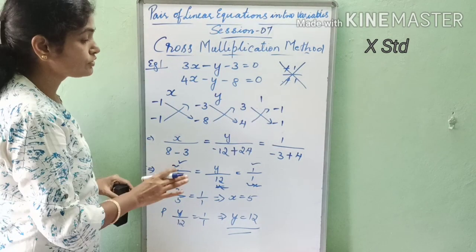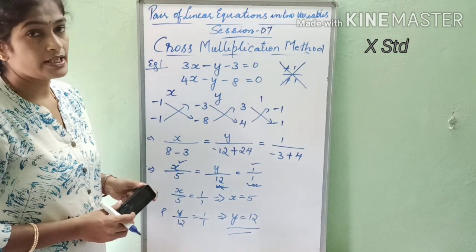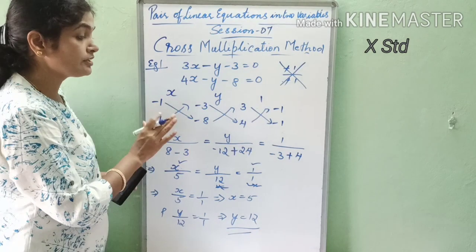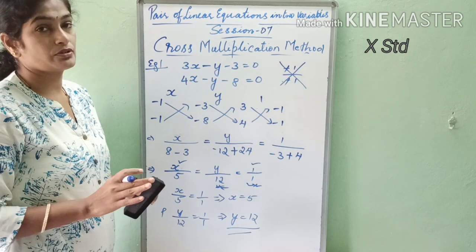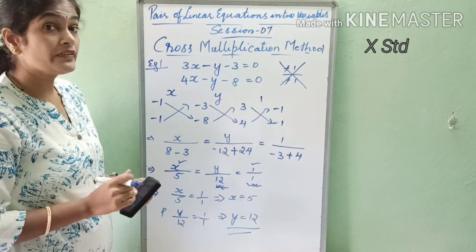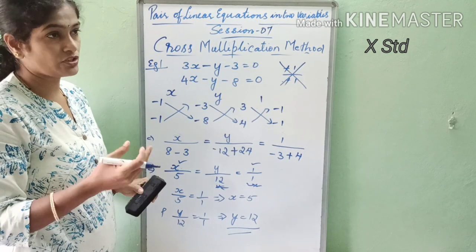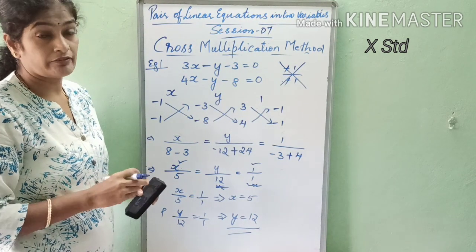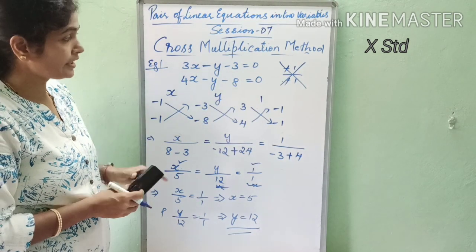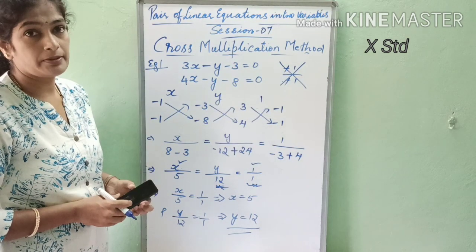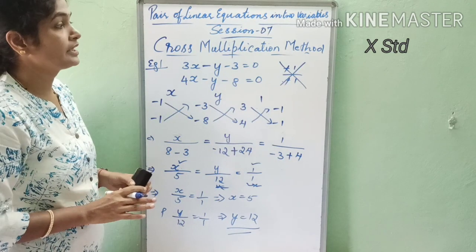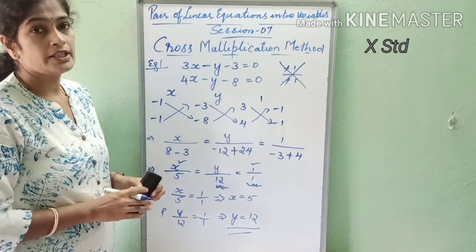This is how you solve a given pair of linear equations by the cross multiplication method. This usual cross multiplication method we usually use when the linear equations have unique solutions. We have learned the conditions for when they have a unique solution, when they have no solution, and when they have infinitely many solutions. So this is one of the methods of solving a pair of linear equations in two variables. Now with this idea of solving the pair of linear equations, we'll try to do the exercise questions.